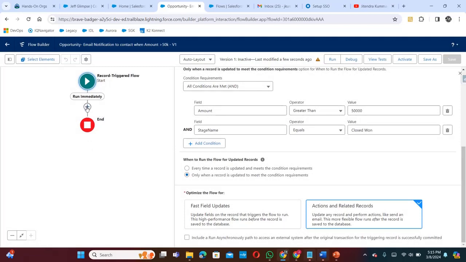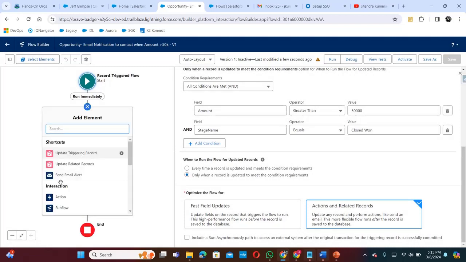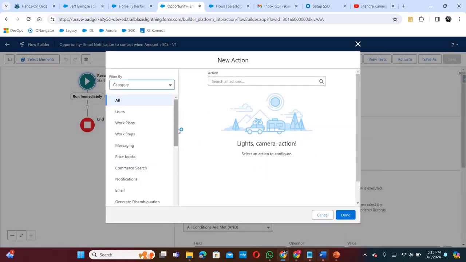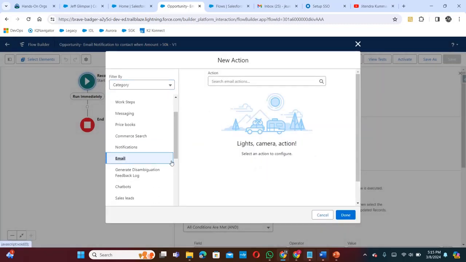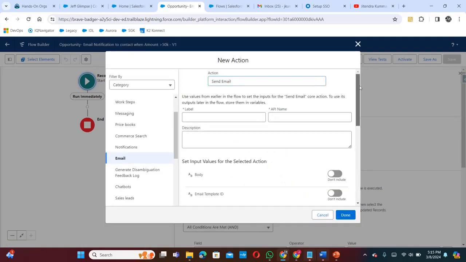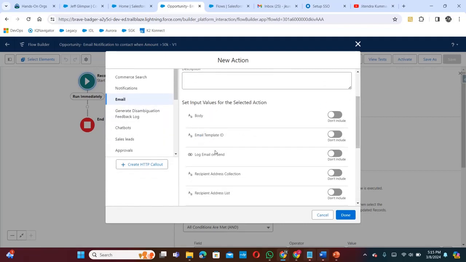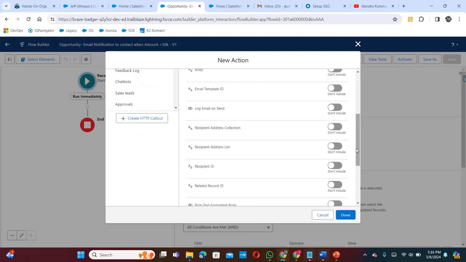So the last step, I want to show you the last step because we'll use the reverse engineering method in order to build our flow. If you see the action, we need two things: email template ID. We can provide a hard coded email ID, but that is not the best practice. We'll fetch the email ID through a get records element, and also we need recipient ID. So we need to specify the contact ID, and the flow will use the contact ID